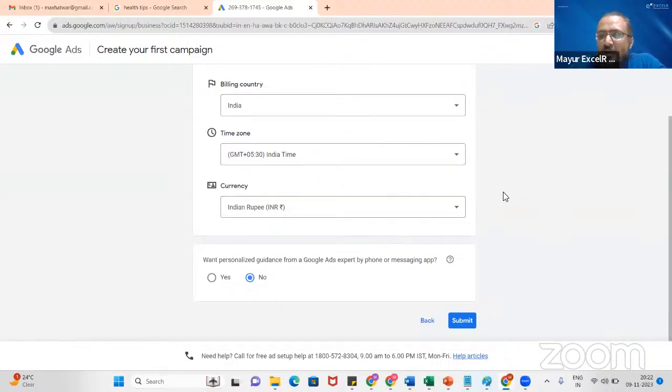Maybe you have a client who is from, let's say, Dubai, and he wants to pay in Dubai dinar or some other country's currency. If they want to pay through that, then you need to create an account with that billing setup, and then you have to create a new Google Ads account for them. Because if you choose this first, later on you cannot change that. So again, click on submit,